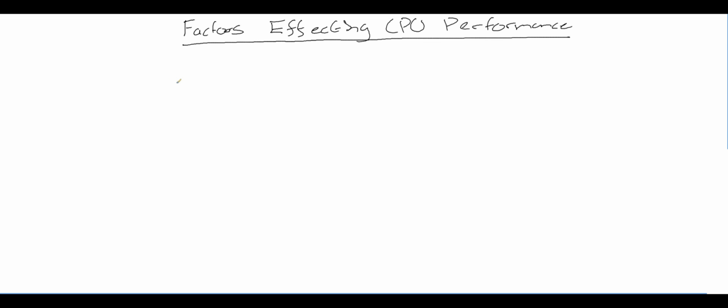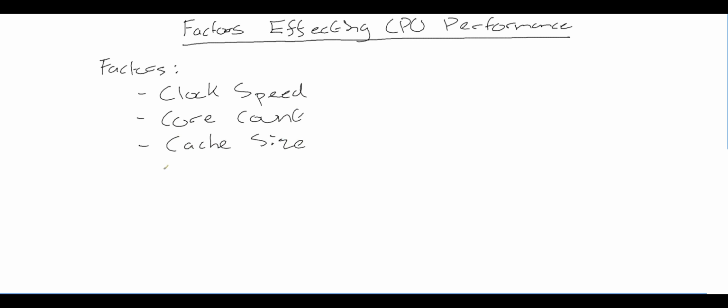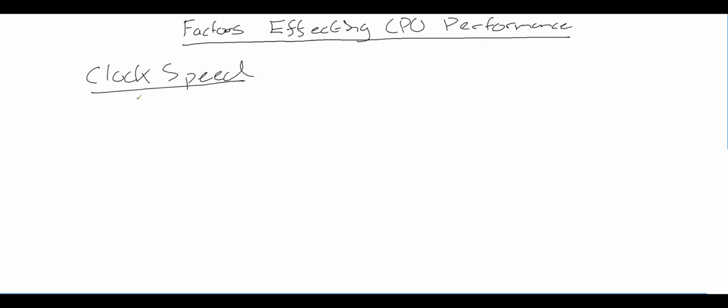In this tutorial video I'm going to be going through the factors that affect the performance of a CPU. And the factors that you need to know about are as follows: the clock speed, core count, cache size, and cache type. So first of all then, I'm going to take a look at the clock speed and how that affects the